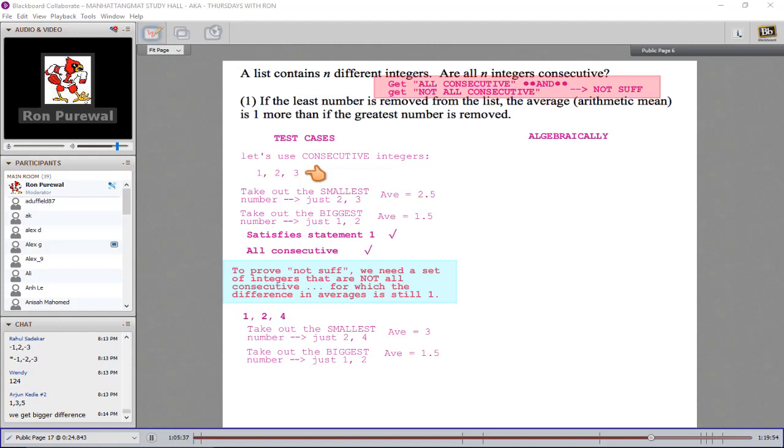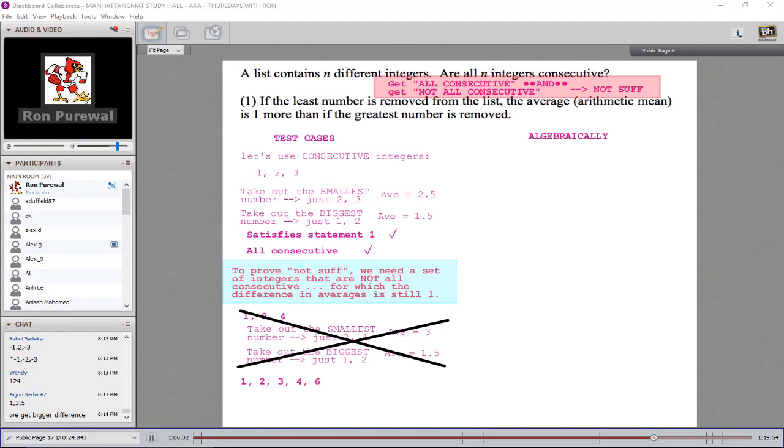But if you didn't see that, then you test more cases. So this doesn't even count because it doesn't satisfy the statement. If you try more numbers, you can discover the same thing. If you try 1, 2, 3, 4, 5, those are consecutive. If you try 1, 2, 3, 4, 6,